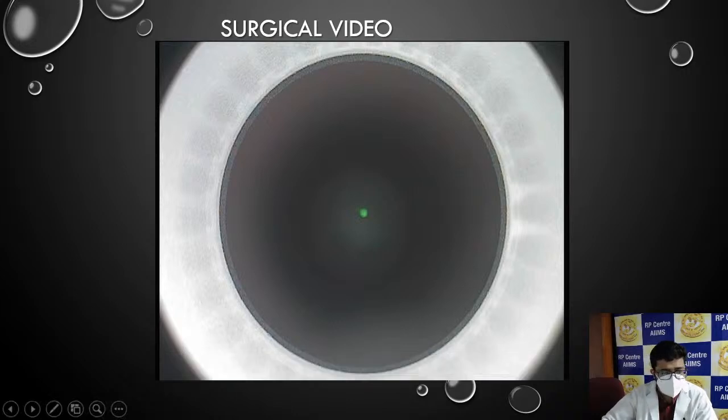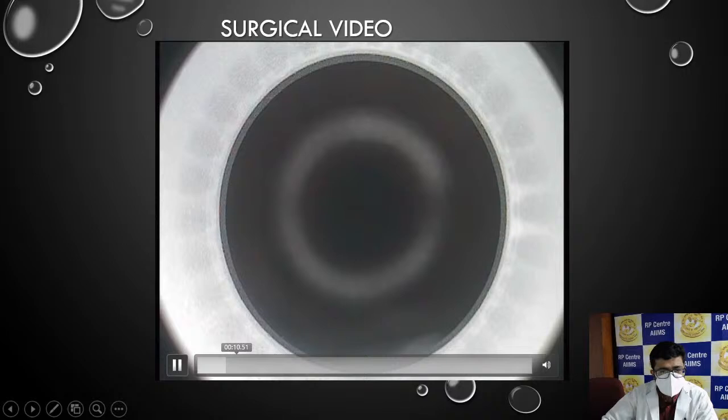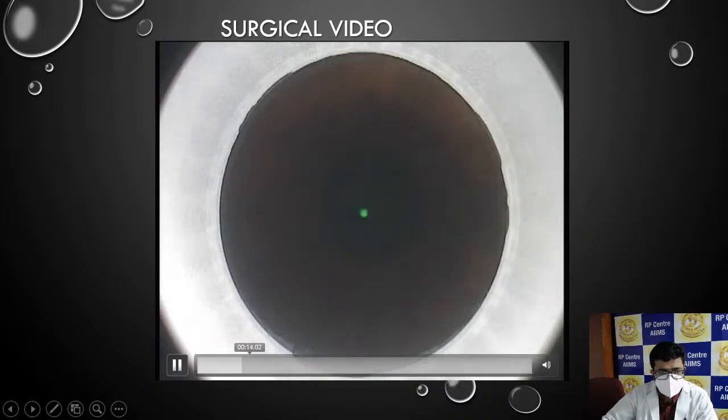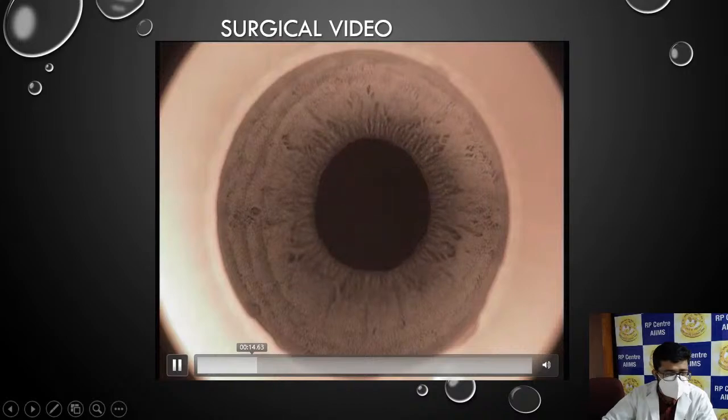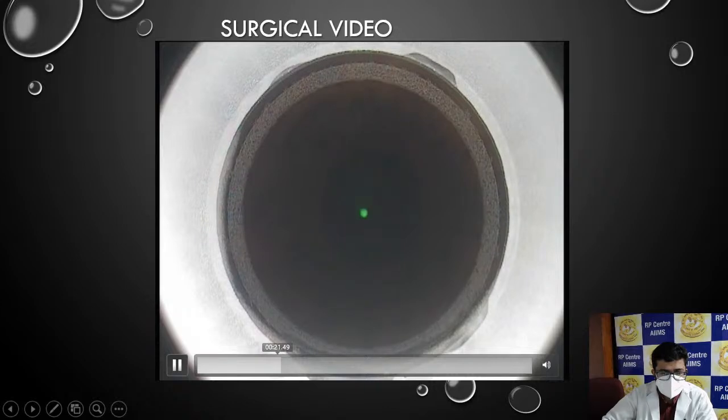So this was done on a MEL 90 machine, and we took a 100 micron flap, and this was the docking, followed by infrared rays for pupillary fixation. This was on the Visumax actually. The femtocut is on the Visumax and the excimer is on the MEL 90.